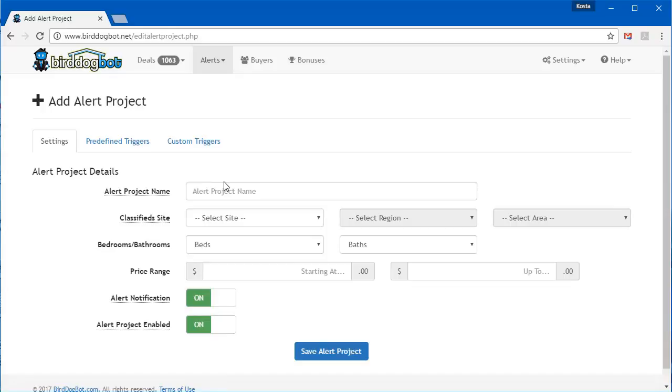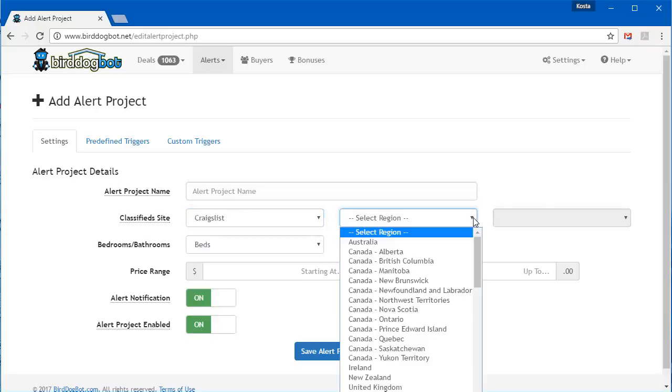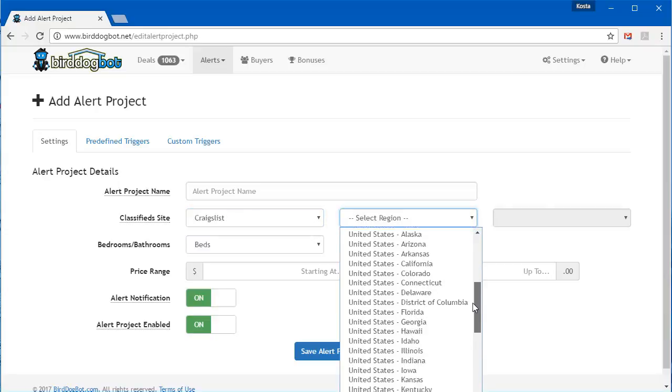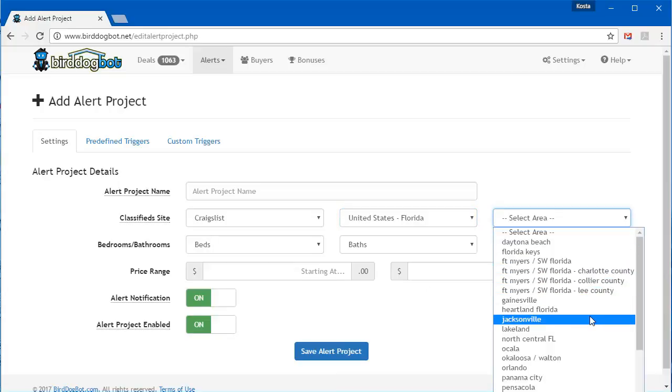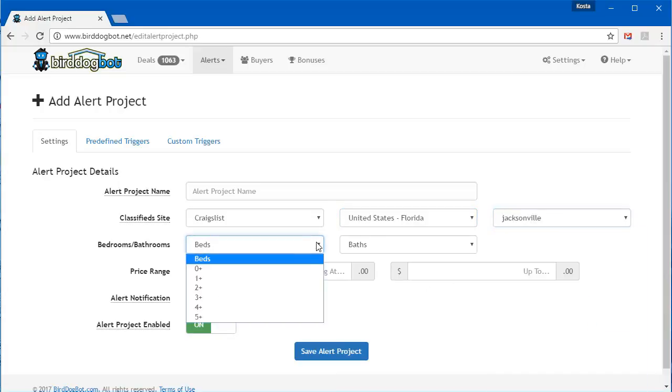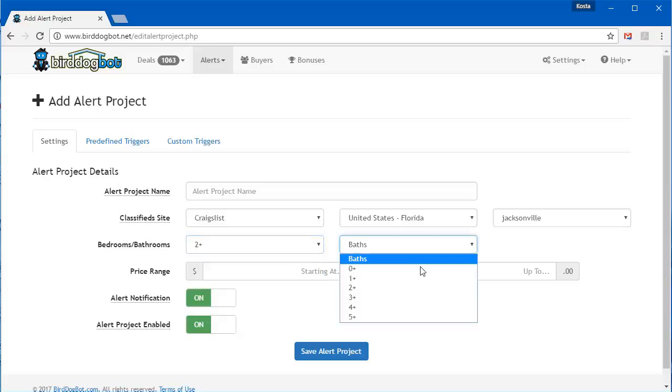Now, does this look familiar? That's right, it's very similar to creating a search project. The only difference is on the first tab, instead of selecting a city and a state, you're going to pick a classified site. So let's go with Craigslist, and then we'll pick a region. In our case, let's stick with Florida again, and we'll go with Jacksonville, since it's working for us. This time, let's do 2 bedrooms and 1 bathroom, and we will go with the $25,000 to $150,000 price